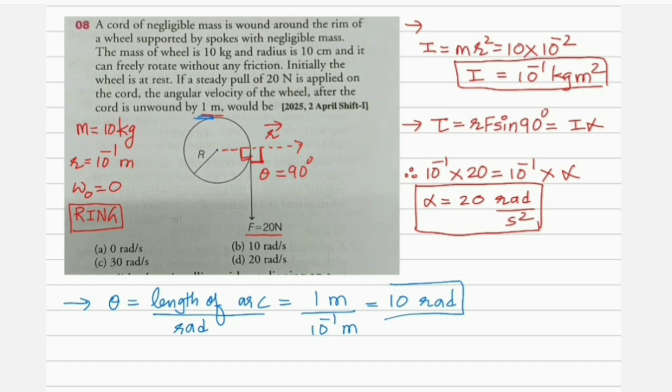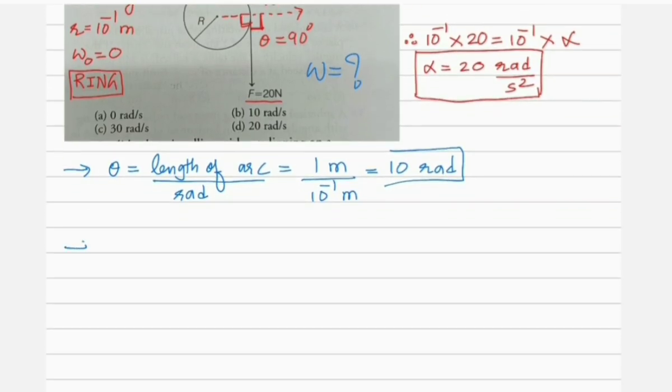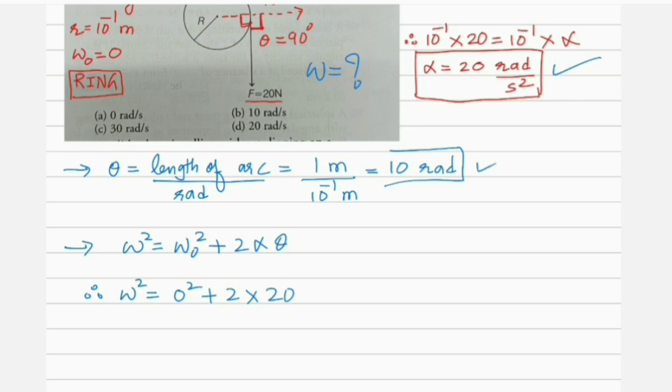Yes, the angular velocity of the wheel after the cord is unwound by 1 meter would be, so final omega is omega only, omega is the question mark. So let's use the third kinematical equation now for rotational motion that looks like this: omega square is equal to omega naught square plus 2 alpha theta. That means omega square will be, omega naught is 0, right? So 0 square plus 2 into alpha, sir, 20, here is alpha, 20 radian per second square,